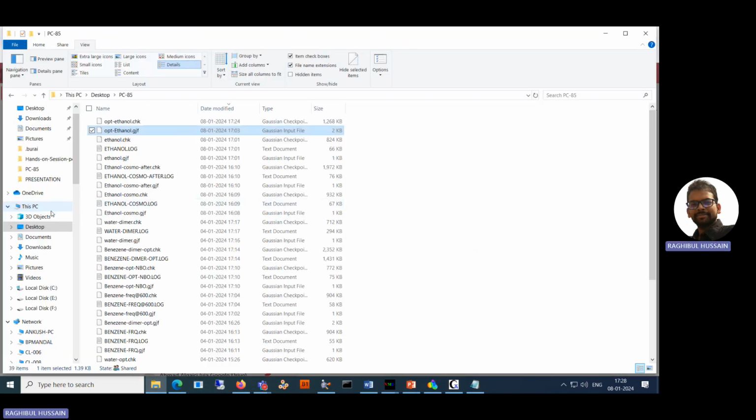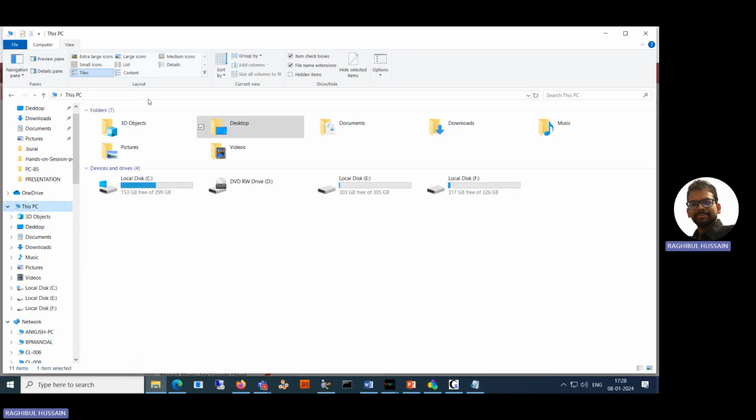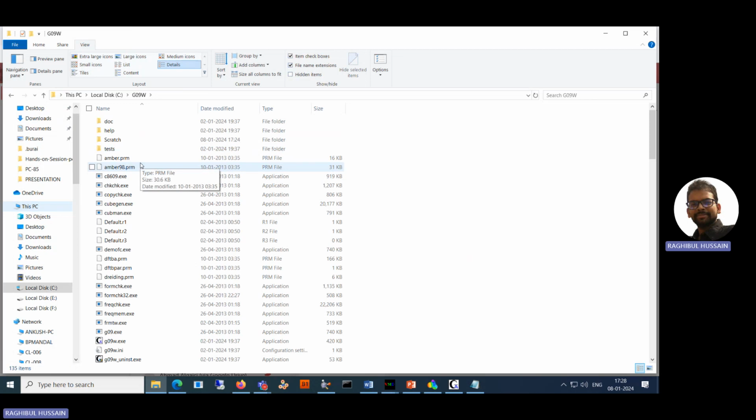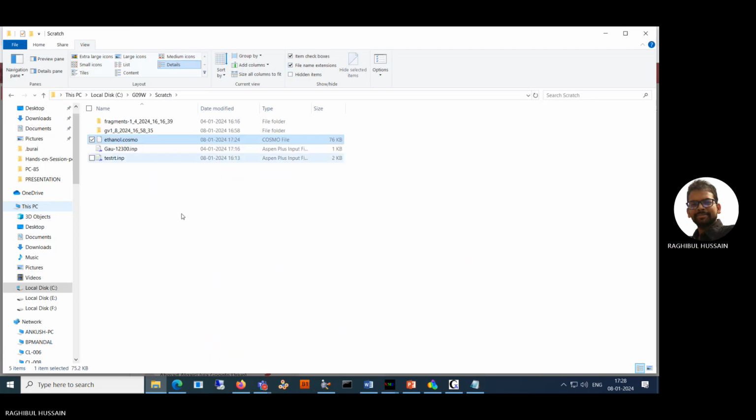So after optimization, go to that C directory and Gaussian 9. In C directory, Gaussian 9 and scratch folder. Where you will find a ethanol